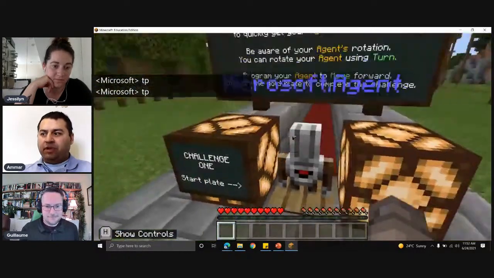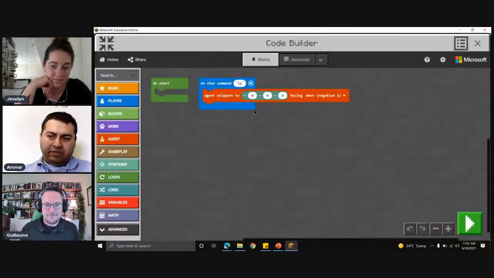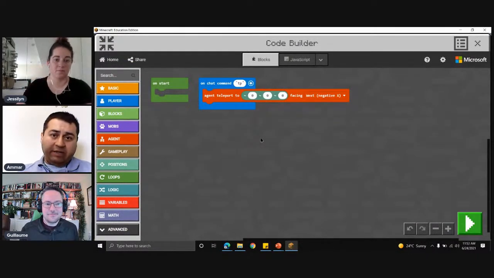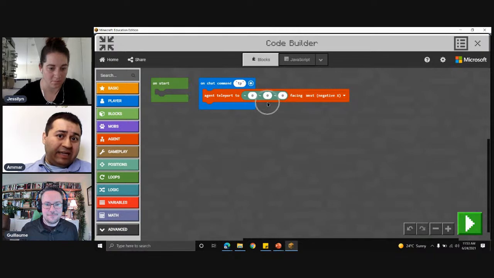Now let's look at that code. Tilde 0 means no matter where I'm standing, it's going to pop out right at my feet. That's what those numbers mean, okay? If you've ever made a graph, those are actually the X and Y axes, if you remember that. And the third number is the Z-axis. Don't worry about it too much.